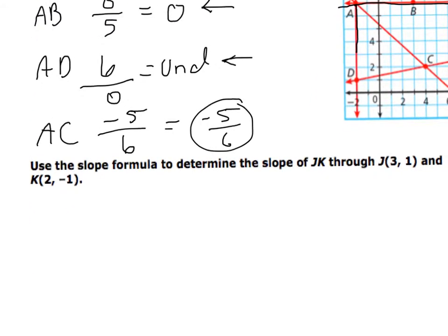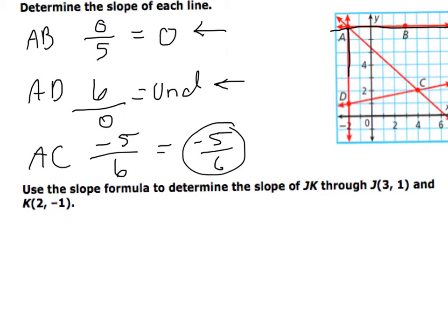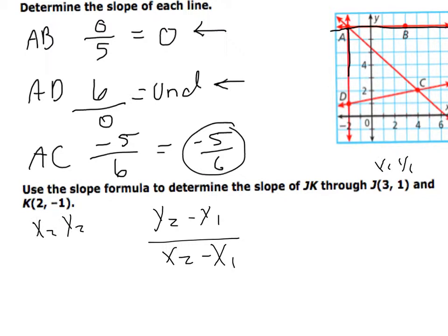Okay, this time it says we want to use the slope formula to determine the slope of JK through (3, 1) and (2, -1). So remember, our slope formula is y2 minus y1 over x2 minus x1. So we're simply going to plug those values in. You have x1, y1, x2, y2. Okay, so let's do y2 minus y1. So we have -1 minus 1 over